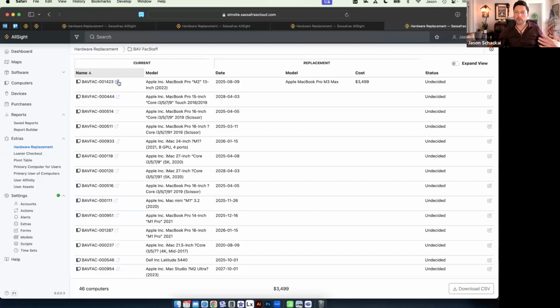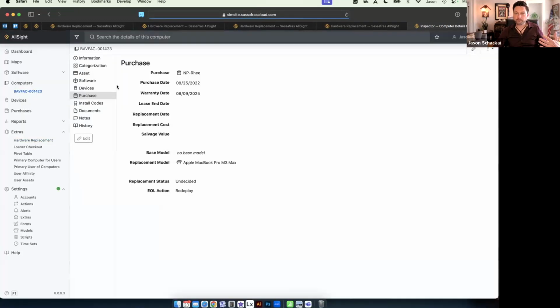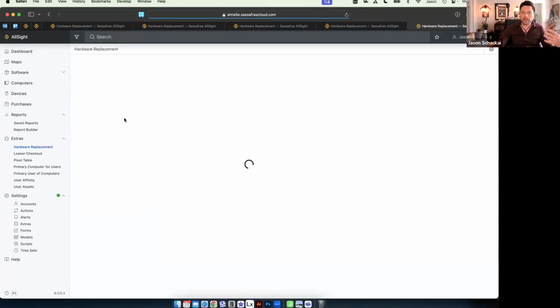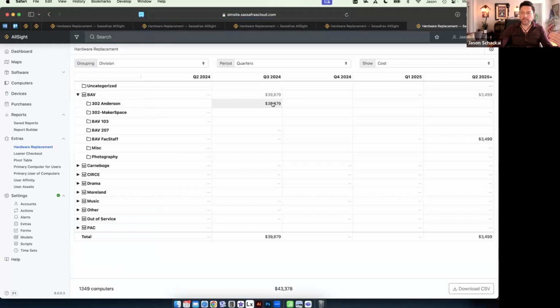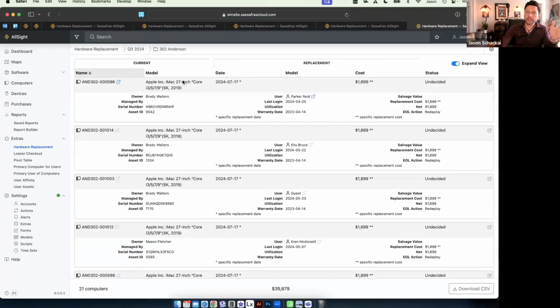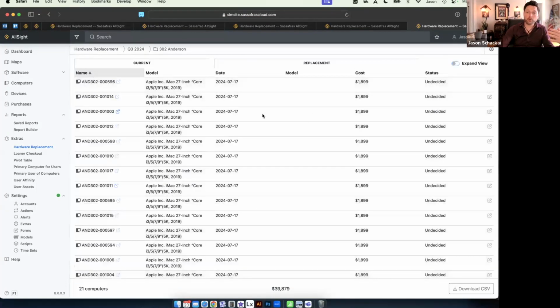cost. So if I go into this individual computer, I can see there is no replacement date or replacement cost. Instead, I've got a link to a replacement model. So this is, again, kind of that more intermediate approach to managing this. We went from a division level approach where I selected everything all at once and linked or populated a specific replacement date and a specific replacement cost for all of the computers at once using quick edit in the first